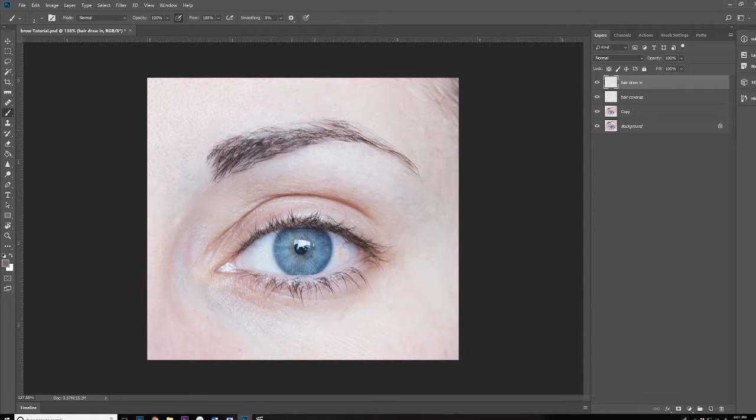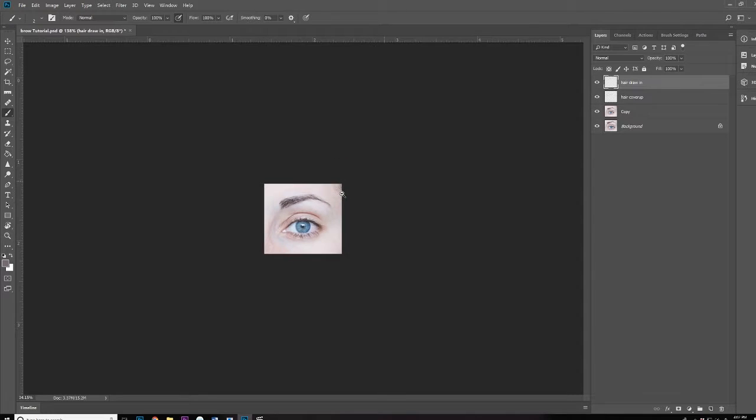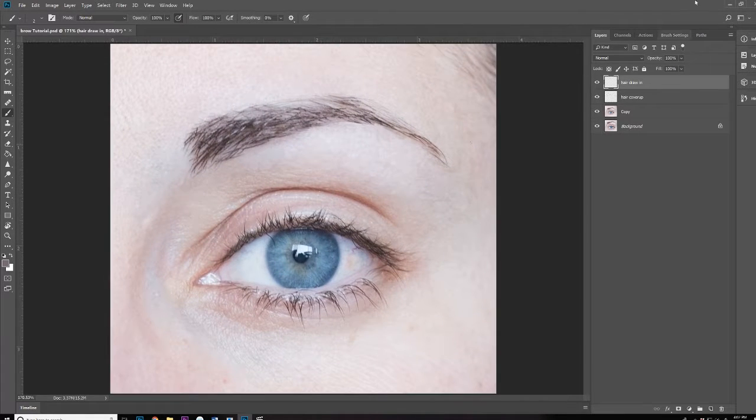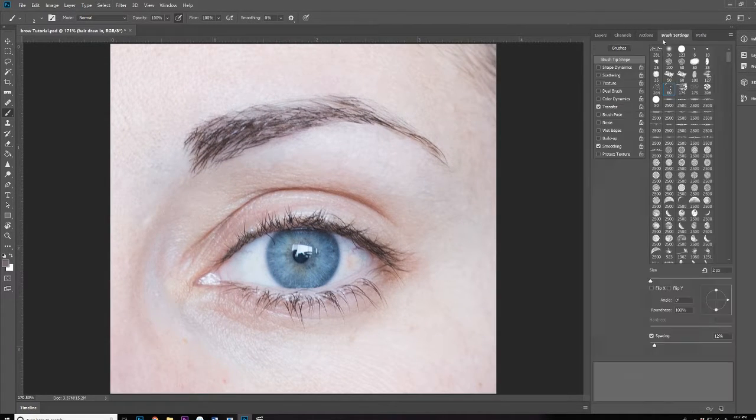Make sure this stays light because I don't want this to be primarily what you see. But I do want it to guide. Okay, that's looking pretty good. Alright, let's turn it off. Turn it back on. Zoom out. Looks good. Okay, so what I'm going to do now is go back to my brushes and get